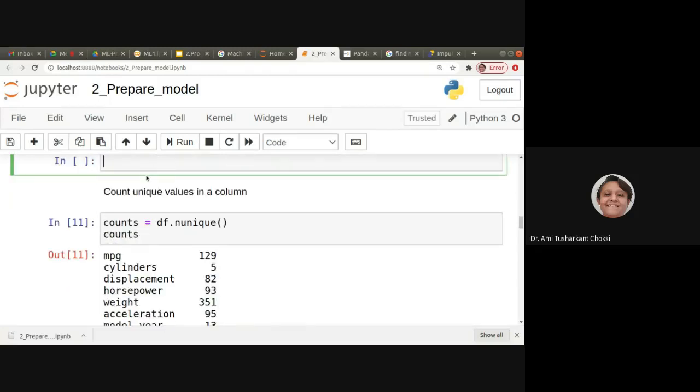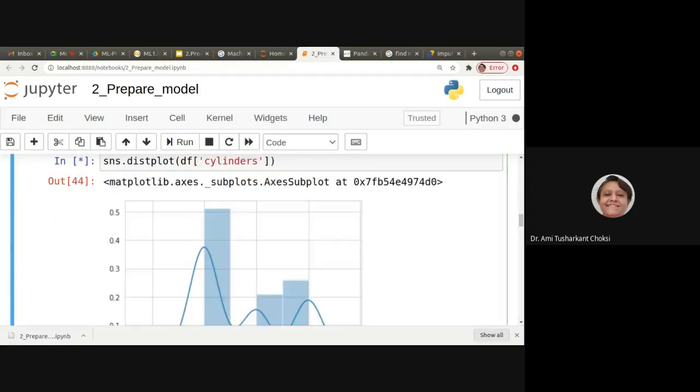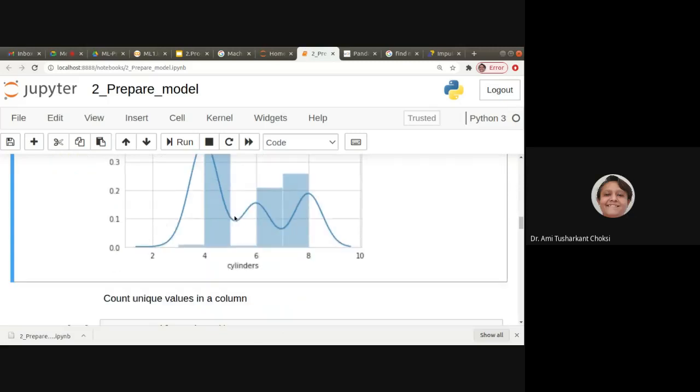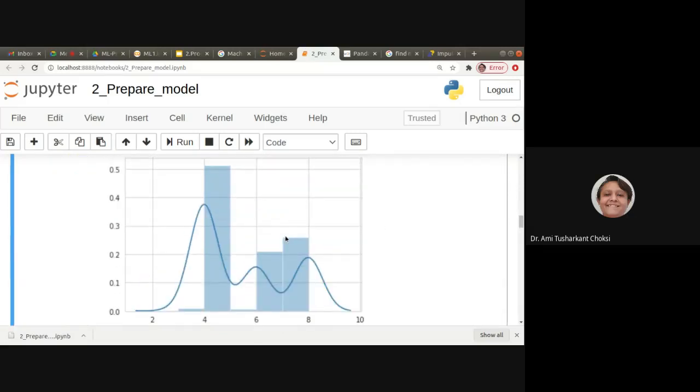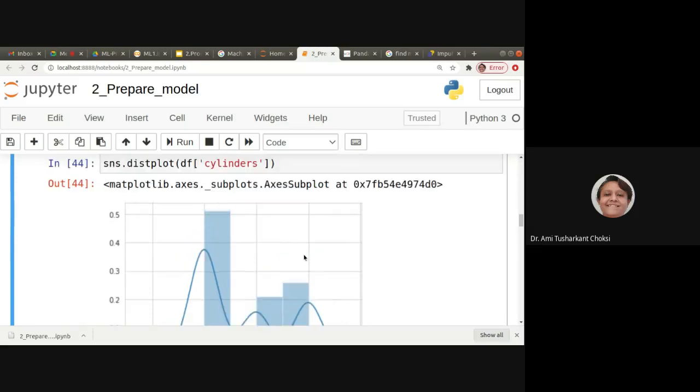Let us see what the other columns are. Cylinders, yes. Let us run this. This is the distribution. Now let us do the same thing here.